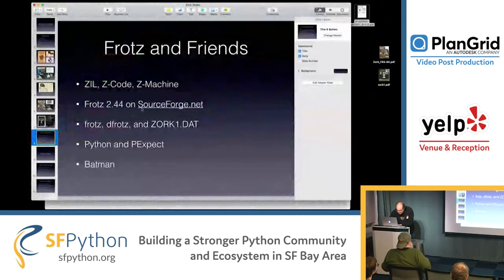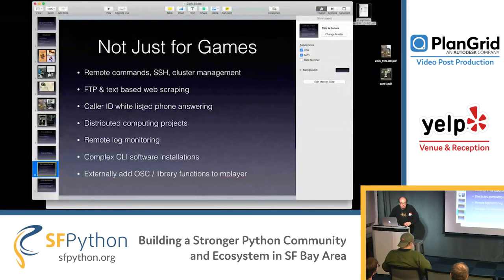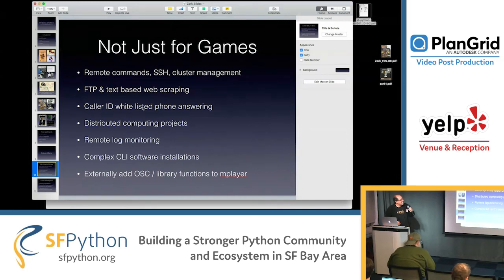So let's see here. That is the code and demo. Like I said, if you're in DevOps, PExpect is a super powerful tool. You can do a lot of things. Oh, sorry. Okay, we just won Zork. For those of you who didn't catch that in the back. So PExpect is not just for games. If you're in DevOps, if you're doing anything where you have to do advanced scripting, this is a super powerful tool. And lots of good examples on the web.